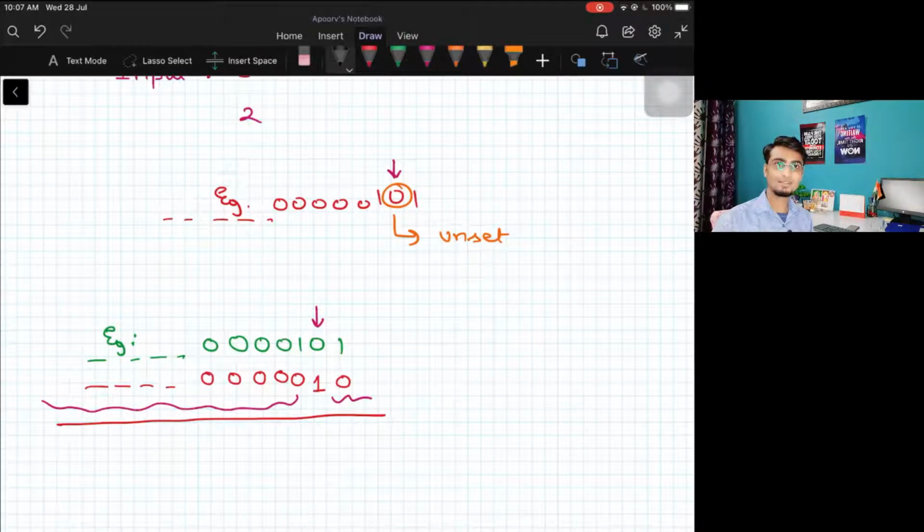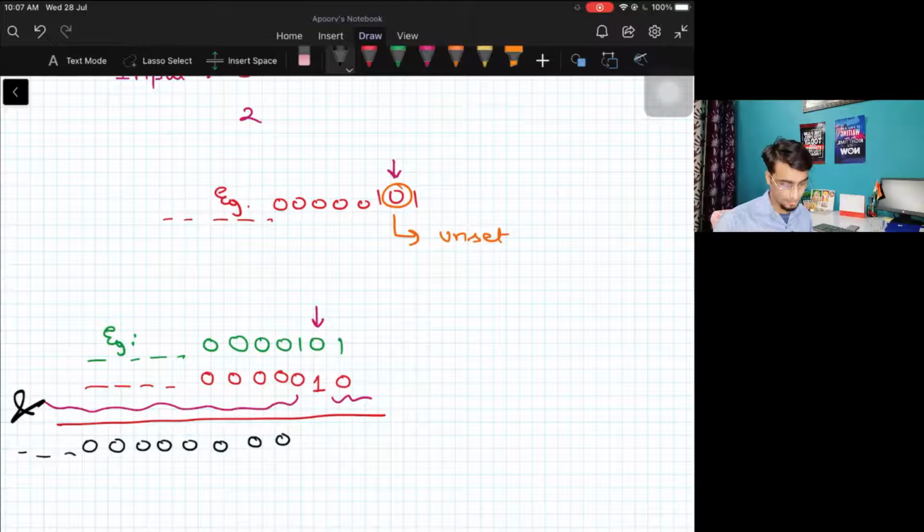So what should you do so that the bits which you don't want to know come out to be 0? Yeah, simply do an AND operation, because since you have placed 0 below the rest of the bits, doing an AND with 0 will result in a 0 only, right? So all of these bits would turn out to be 0, and this will also turn out to be 0.